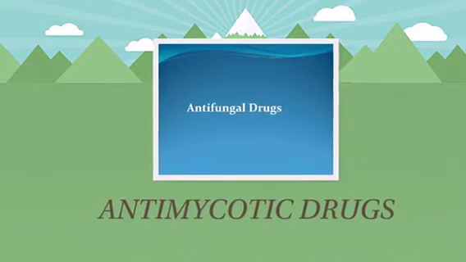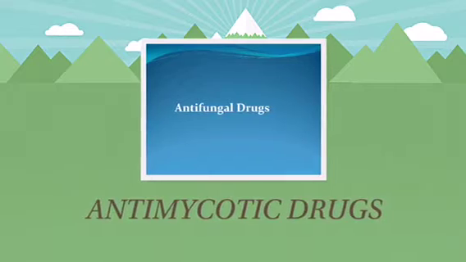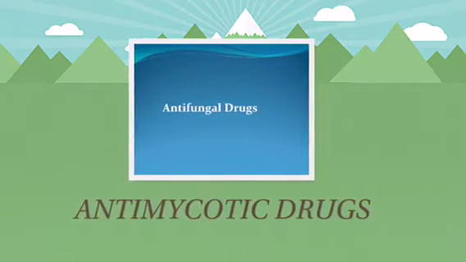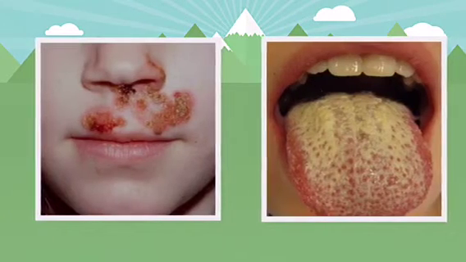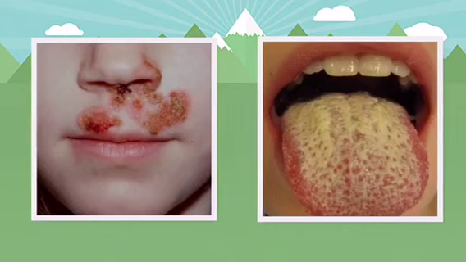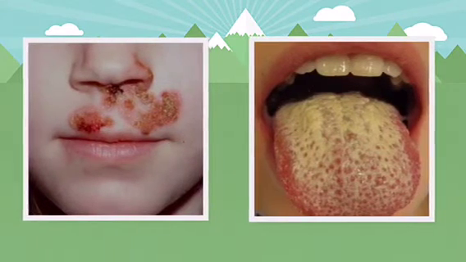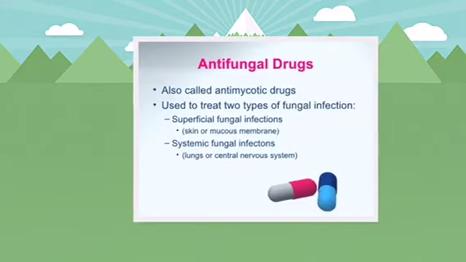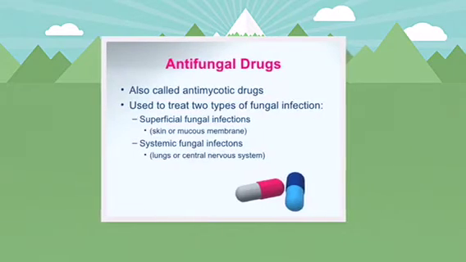Antifungal drugs are also called antimycotic drugs, and they are used to treat two types of fungal infections. Number 1, superficial fungal infections, and number 2, systemic fungal infections. There are 9 examples of antifungal drugs, and these are: